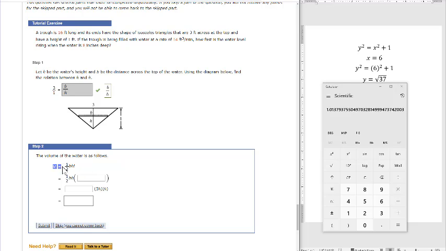So the volume is going to be 1/2 base times height. That's the triangle that gives you the area. And now this trough is 16 feet long, so we're going to multiply it by the length L. So it's 1/2 base times height times L, which is 16 feet long. And then we're also going to take advantage of this relationship between the base and the height. So it looks like there's an h here,